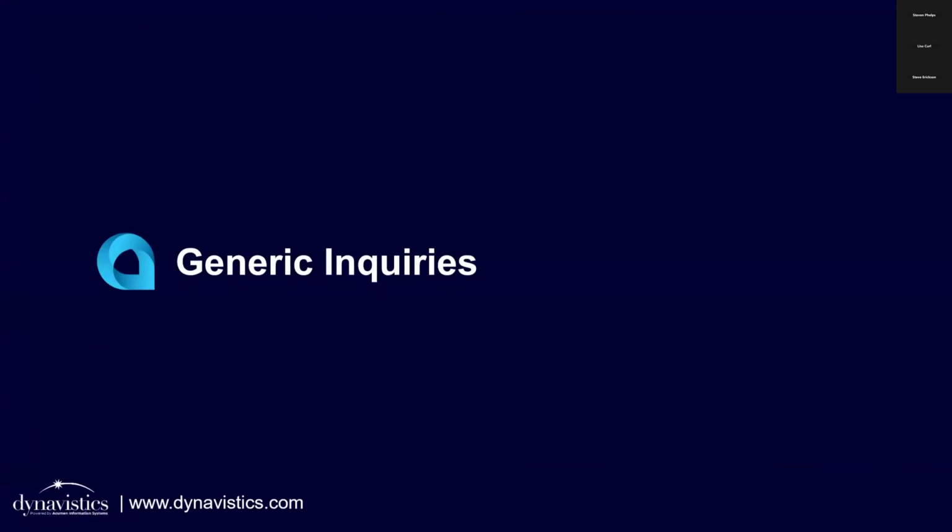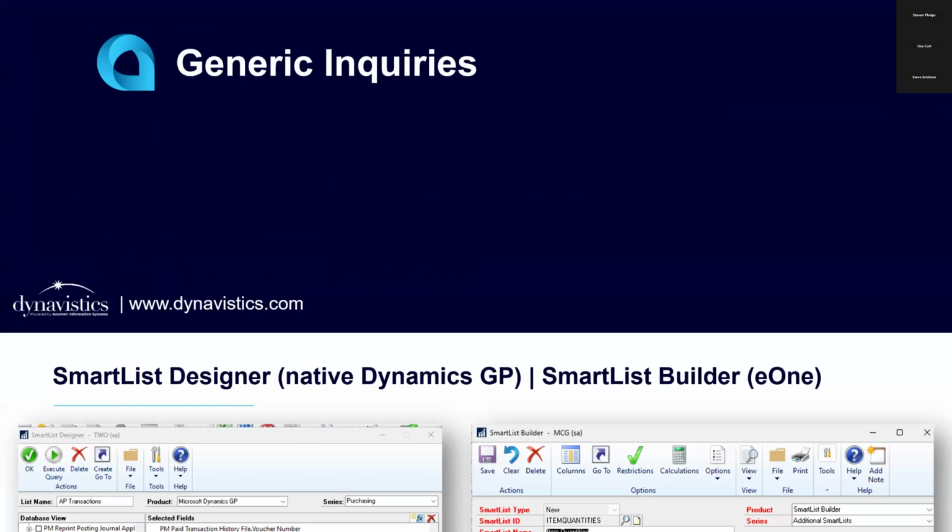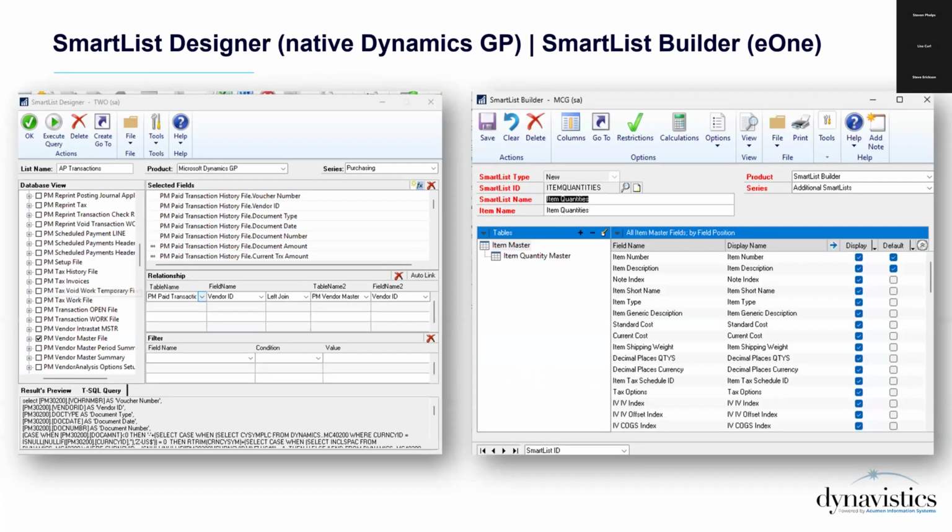Thanks, Steve. So today I want to introduce you to the ease of Acumatica's generic inquiries. Generic inquiries will be a home for legacy GP SmartLists. If you're using either the SmartList Designer native to GP or the SmartList Builder by E1, generic inquiries provides that functionality. Let's first look at the UI of the two SmartList tools, concentrating on the logical concept that you select the source data, include the needed database relationships, some filters, etc., and the fields that you have to present in